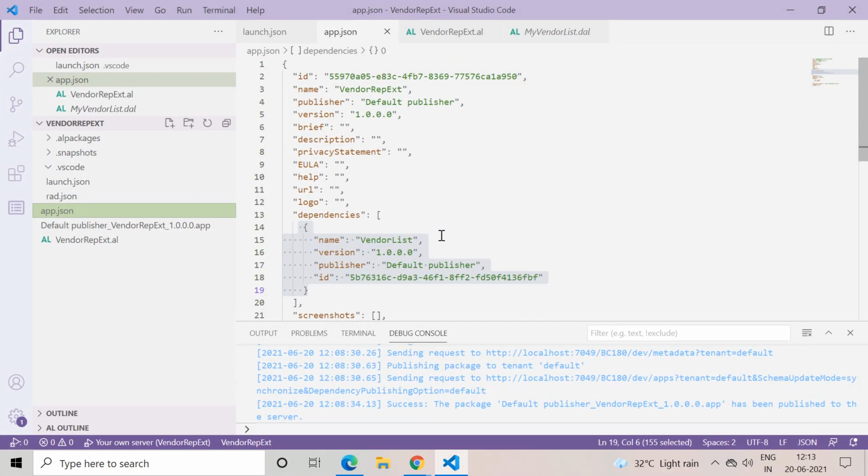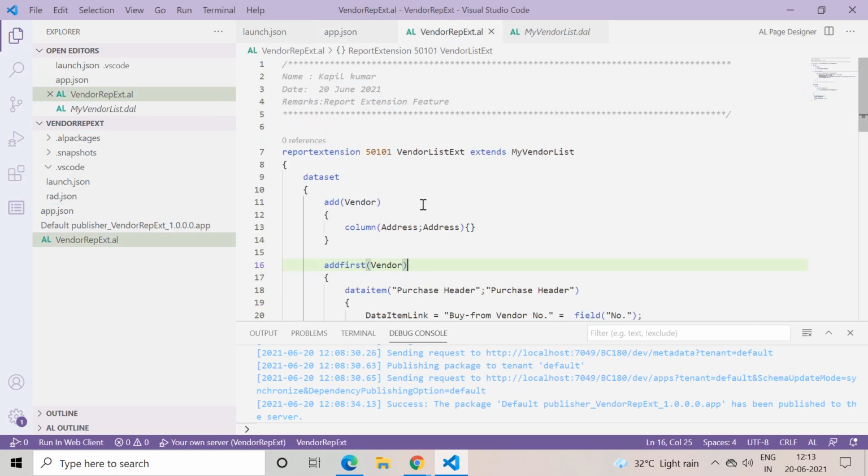So I hope guys you have now understood the concept behind the report extension. I know there are plenty of things which can be done through the report extension, and because it is not possible to cover every aspect of this new feature in one video, I just wanted to cover only the basics so that you can have an idea, and now you can explore it to the fullest as per the requirement you receive from your client. Okay, so this is the thing which I want to explain in this video. I hope you have now understood the concept and you like this video also.